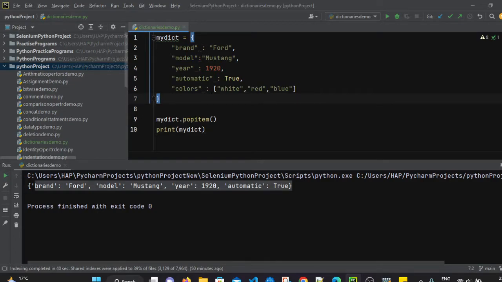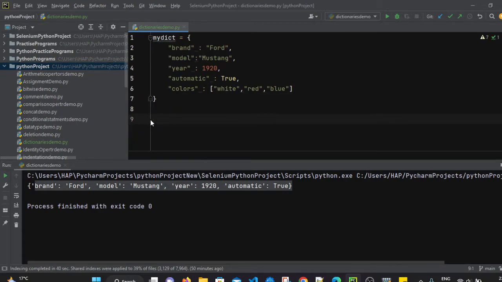We can also use the del keyword. The del keyword removes the item with the specified key name. So let's say I am going to use the del keyword. I want to delete year 1920 from my dictionary. So I can use the del keyword, then simply mydict, and in square brackets we have to mention, let's say, the year.